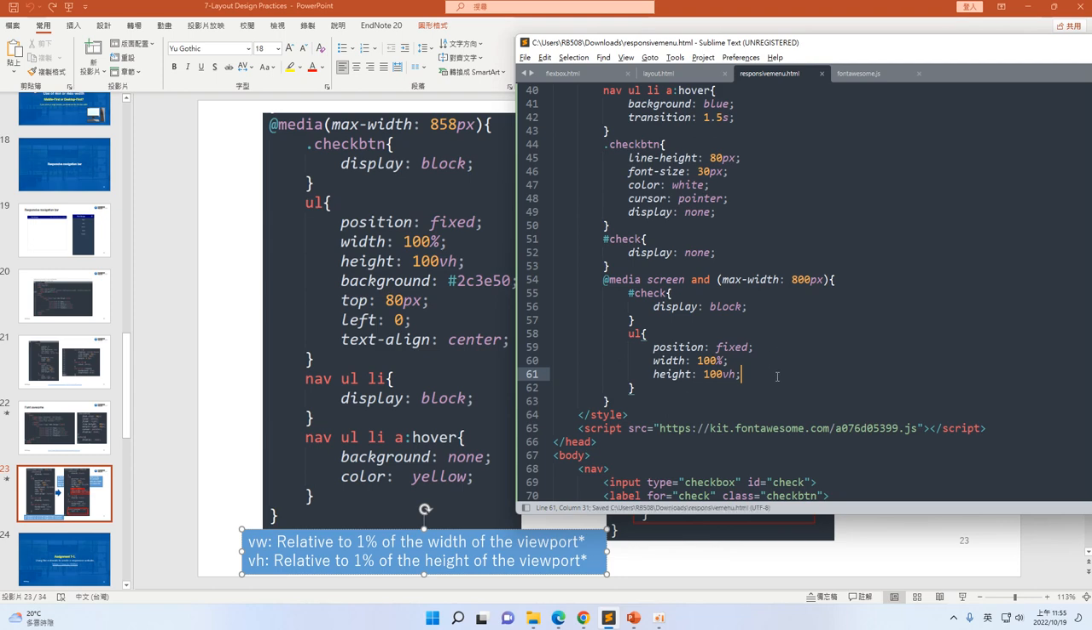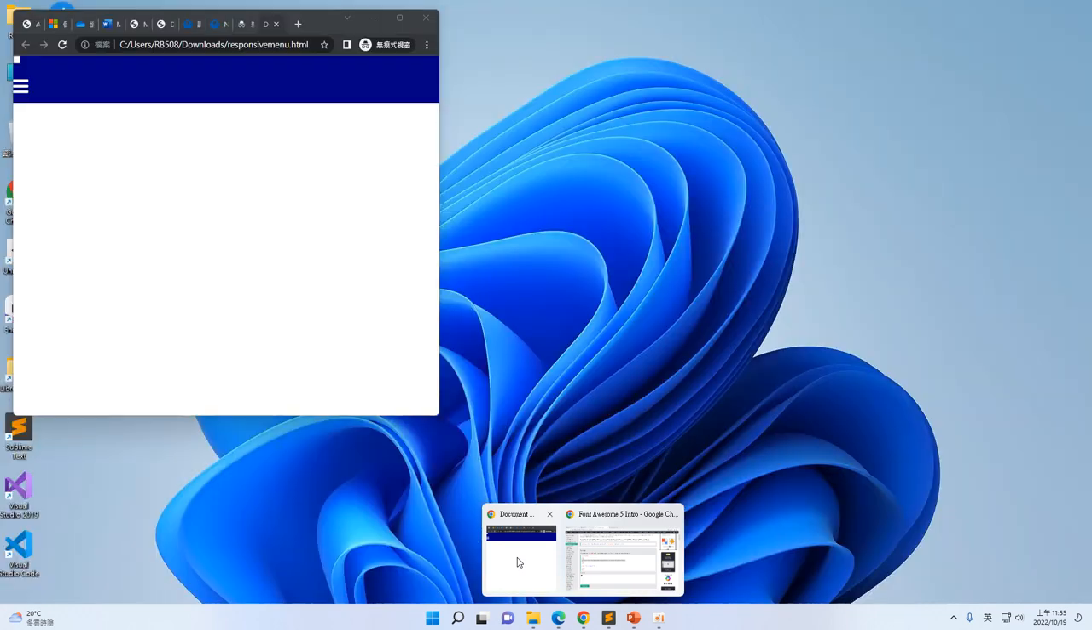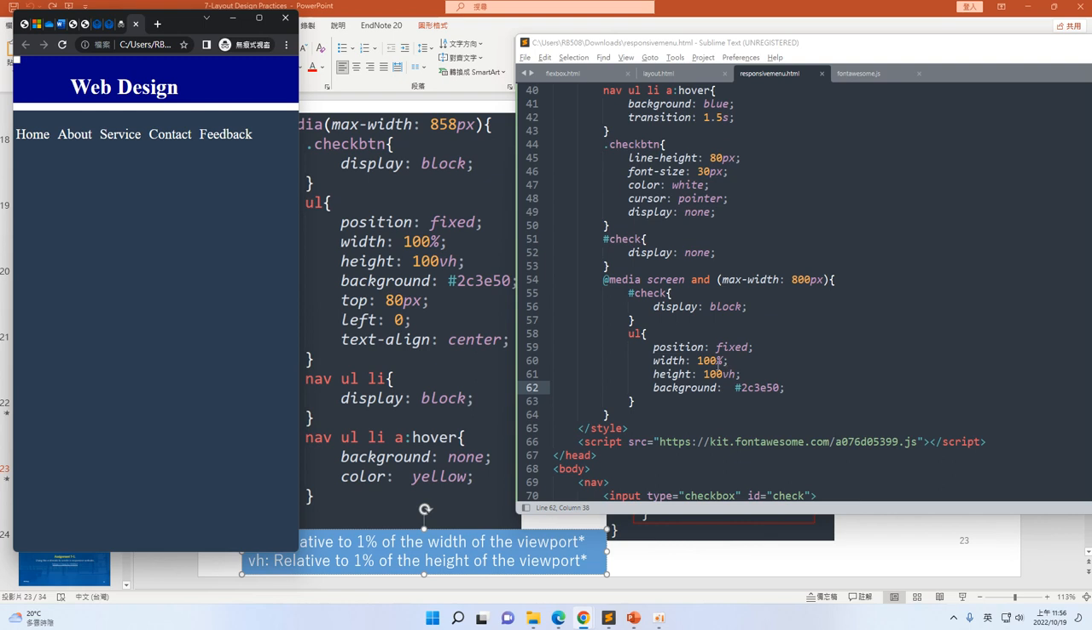So if I use 100vh, I can understand the ul as having 100% height. Okay, and later maybe I give a color. I just follow this code because it is a beautiful color. So you will see here that it is fixed in here, with 100% width and 100vh. Our background is this color, and we need to set up our top because here we know the nav bar is